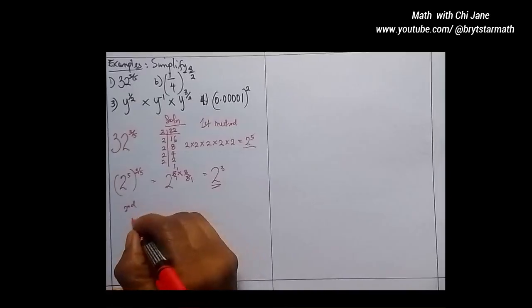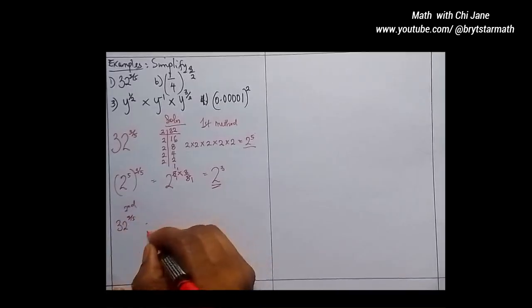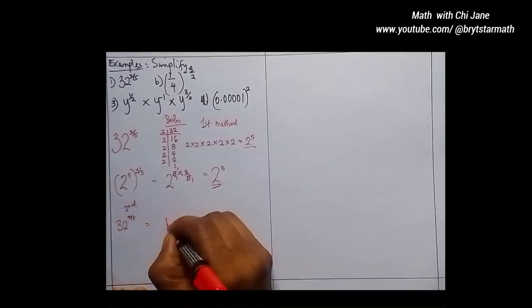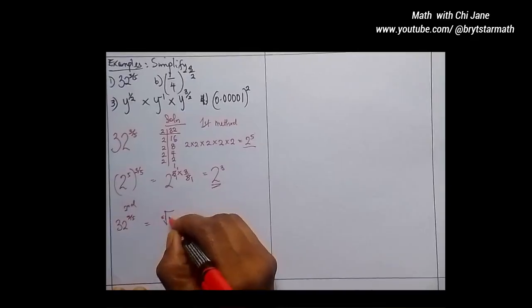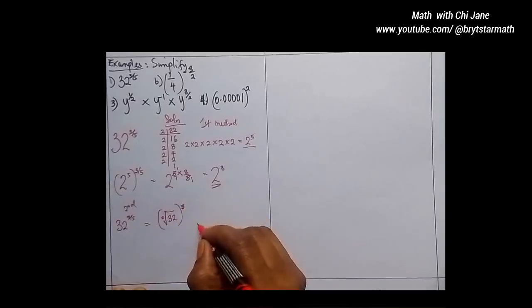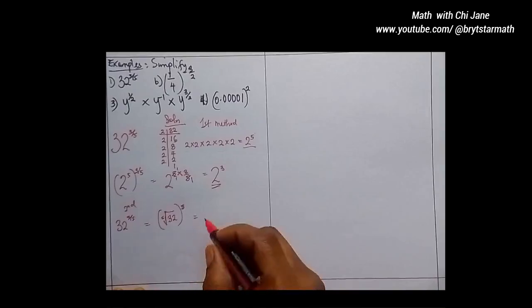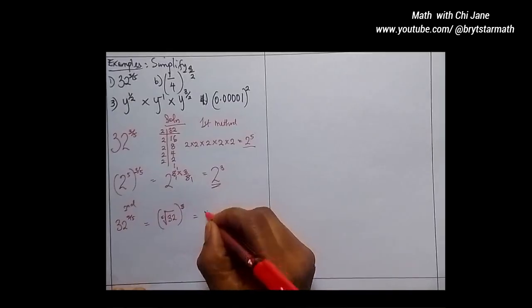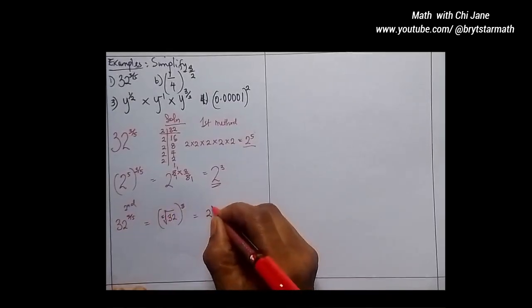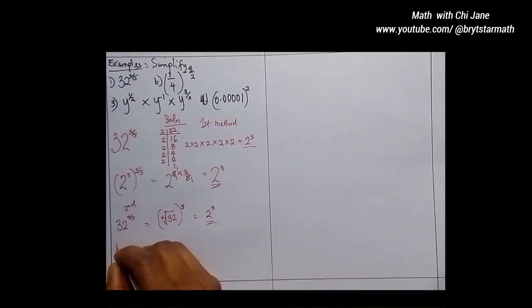The second method is using the fifth root of 32. So we have 32 to the power of 3 over 5, the fifth root of 32, everything raised to the power of 3. A number multiplies itself 5 times, that's 2 will multiply itself 5 times. So the fifth root of 32 is now 2, raised to the power of 3, which is the answer. Then the next one,